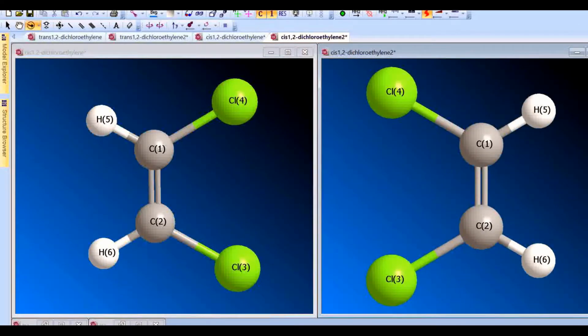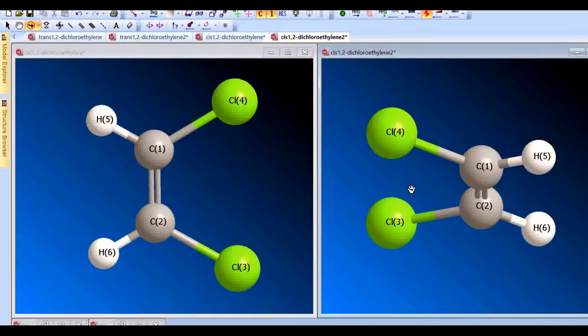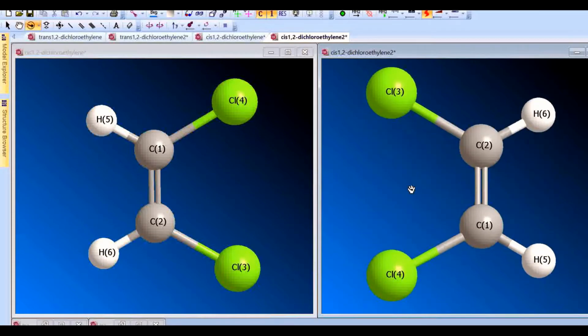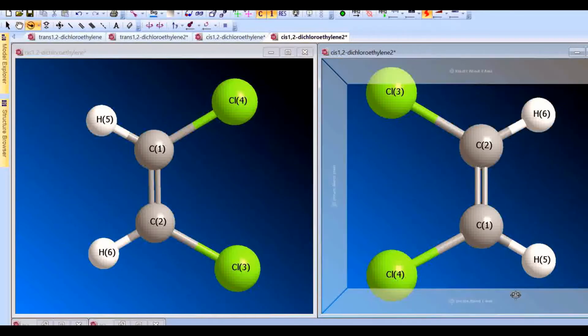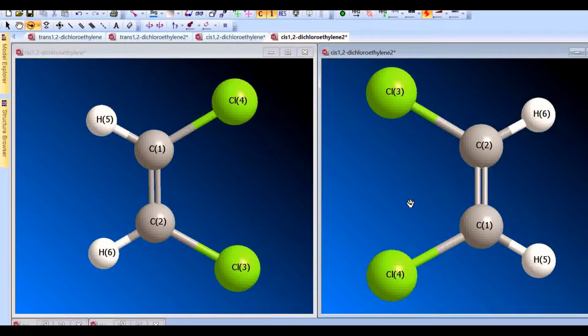After that, I have to perform a reflection. Reflection through a plane perpendicular to the axis of rotation. So I will have to reflect through this plane. So it will become like this. Now you see that both the pictures or both the molecules are not identical. The appearance are different. In the reference, you had the hydrogens on left hand side, whereas in the window where we are performing the operation, the hydrogens are on the right hand side. So this cis isomer is not symmetric to inversion.